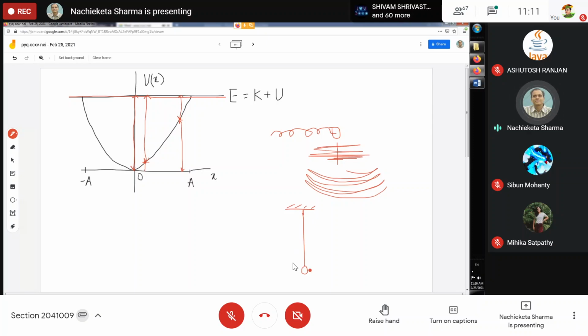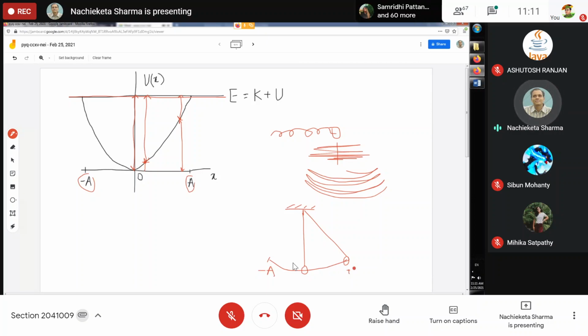You can put kinetic energy by pushing this pendulum, isn't it? If you push the pendulum, then you are giving some amount of kinetic energy. Or you can pull the pendulum to one extreme like this, and then you leave it. Then the pendulum will start oscillating between two extreme positions, and those two extreme positions are known as amplitude. You see, I have shown it as minus A and plus A. This side it is minus A, and this side it is plus A.